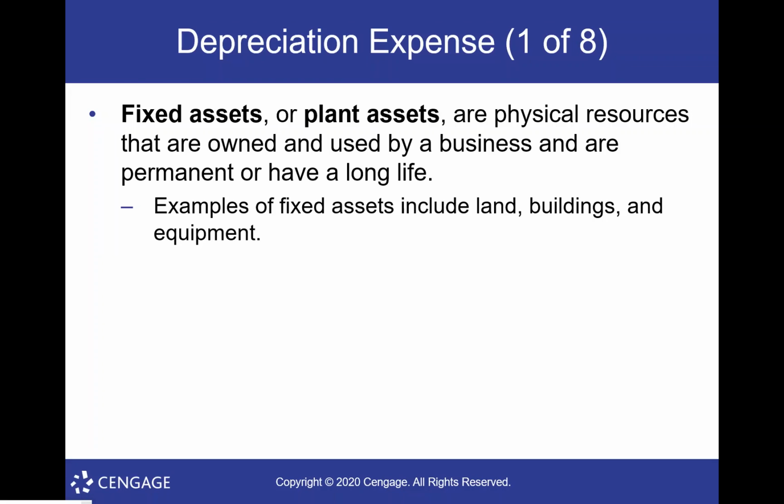So the most common fixed assets that you deal with will be land, building, equipment, that sort of stuff. Those are the fixed or long-term assets; you'll sometimes see them called long-term assets. For whatever reason, the IRS does not recognize, and therefore we do not depreciate, land, but we depreciate all other fixed assets. So depreciation means, and I'm trying not to use giant accounting terms, the allocation of the cost of an asset